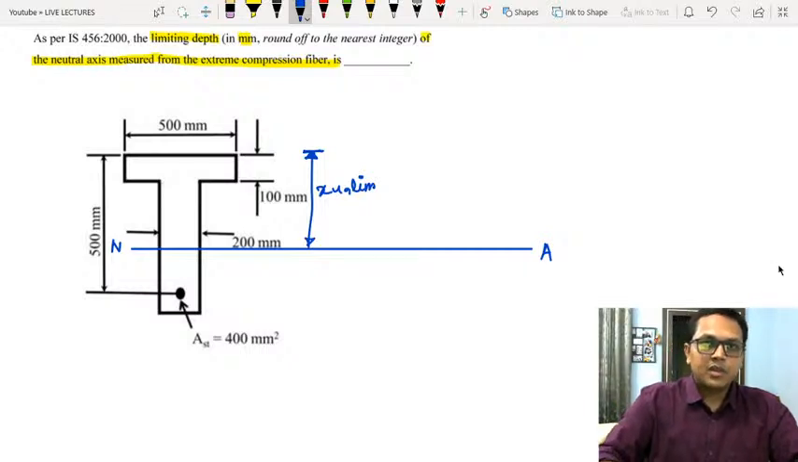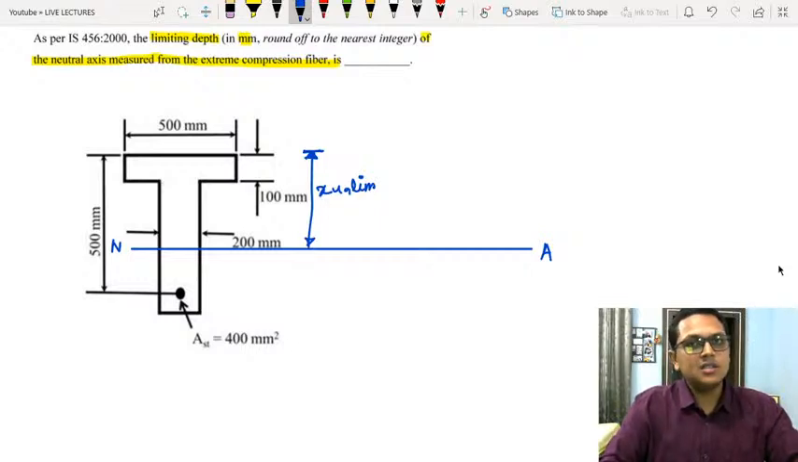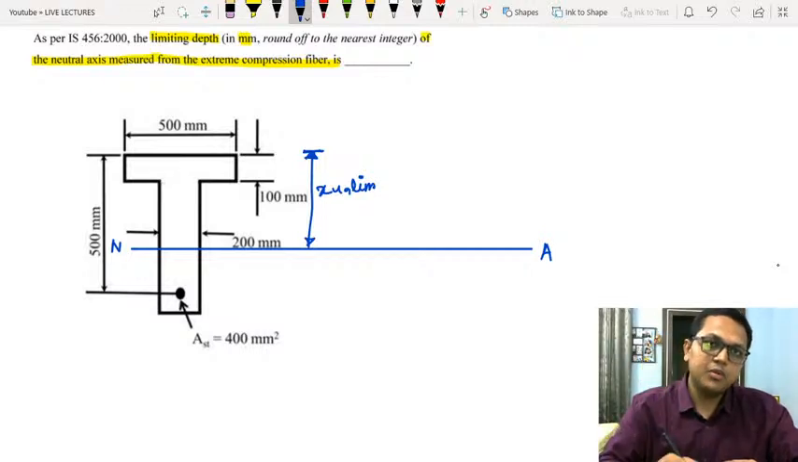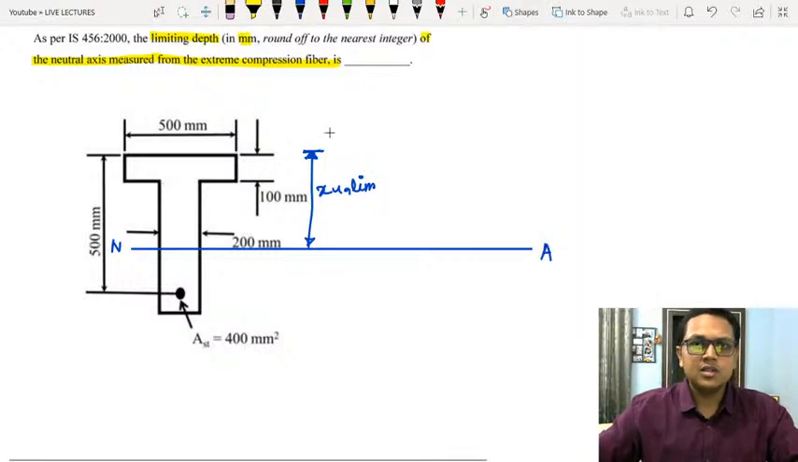So as we know, the first assumption in the limit state method is that the plane section remains plane before and after bending. Now this assumption makes sure that the section is following the strain compatibility, that is, the strain distribution throughout the depth of the cross section is linear. So if we draw the strain distribution,